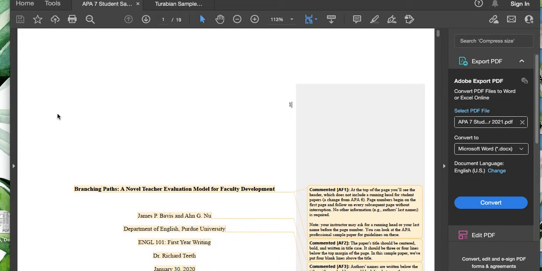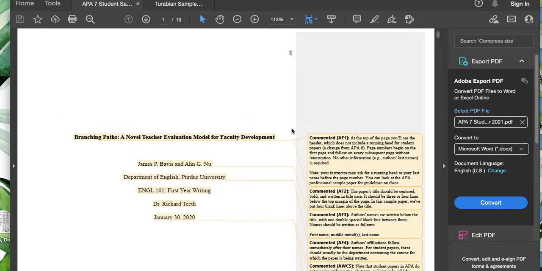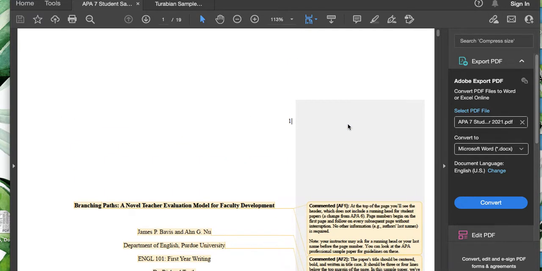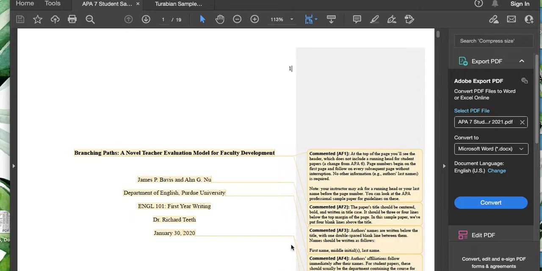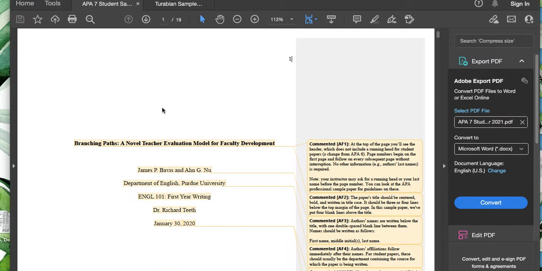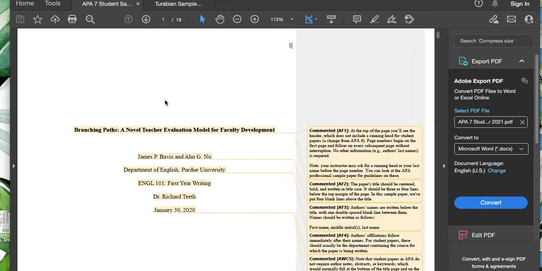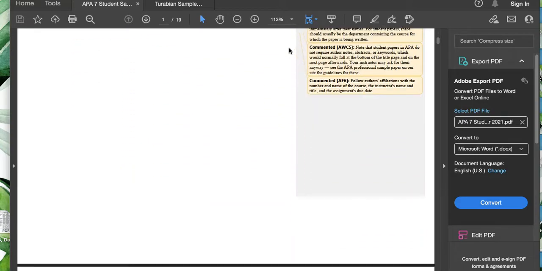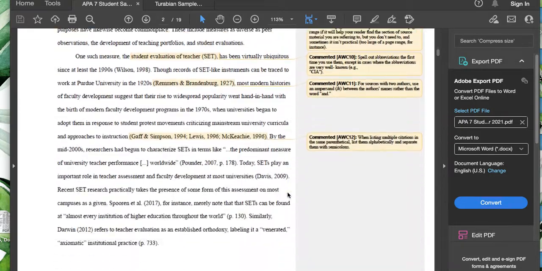So right here, I've got a cover page for APA. This has comments in it, so it's not exactly what yours will look like. It won't obviously have these comments here. But typically, this is what your cover page is going to look like. You're going to have a numbered page here at the top. You're going to insert a number there in the header. You can do that by double-clicking this margin up here to access it. And then there will be a button that says Insert Page Number. So you'll insert that there, and it will number all your pages for you automatically so that you don't have